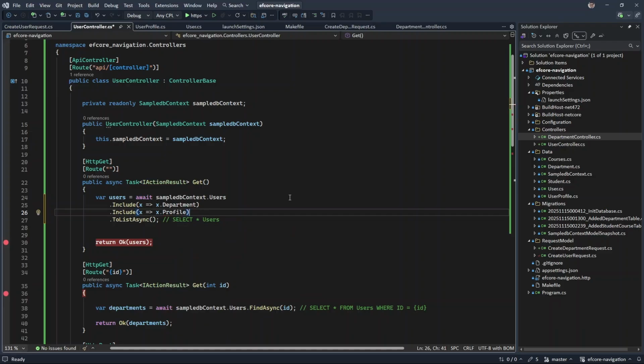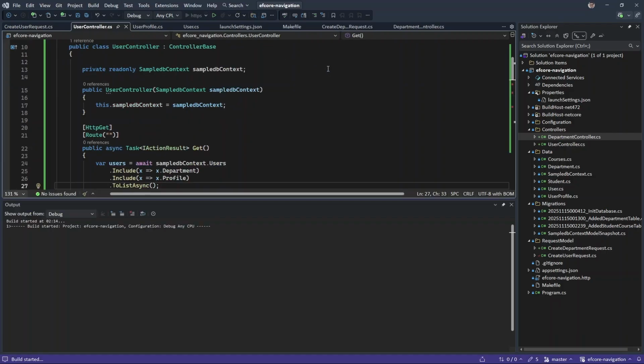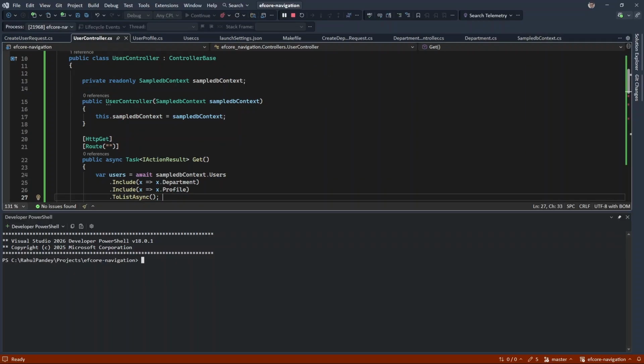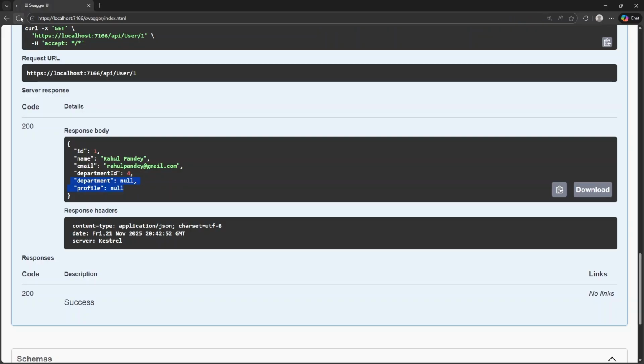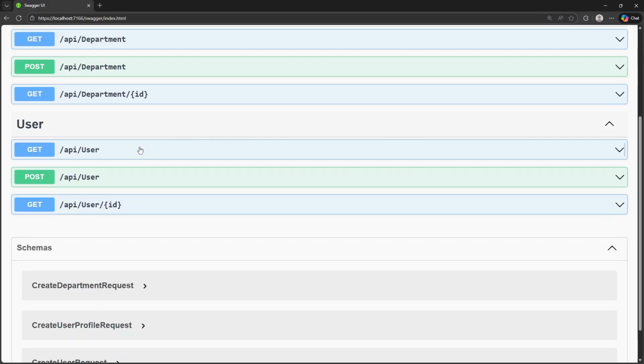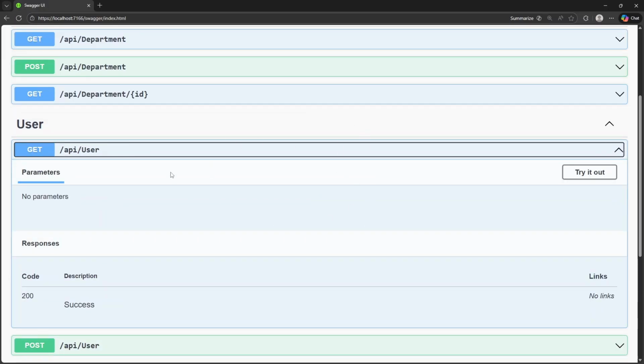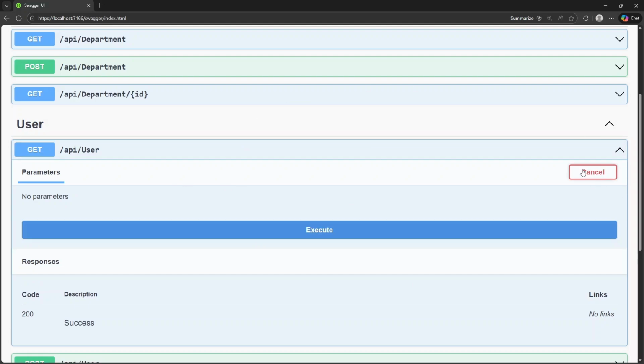Now this will create a join between my department table and my user table. This is not the optimized query, but you will get a gist of how this can be useful to retrieve a record from multiple tables. Let's quickly check this and let me run this code. Once again, I navigate back to my browser and refresh it. This time I'm going to fetch records from the user table, click on try it out and